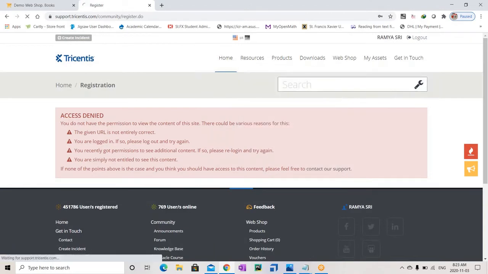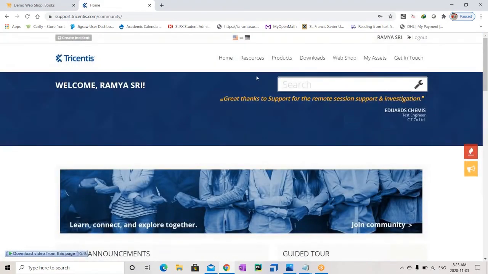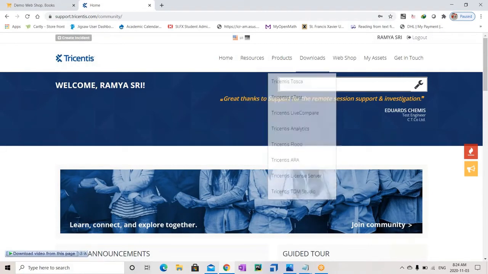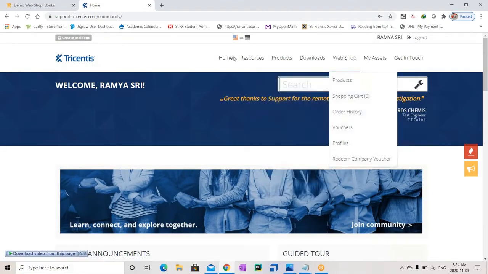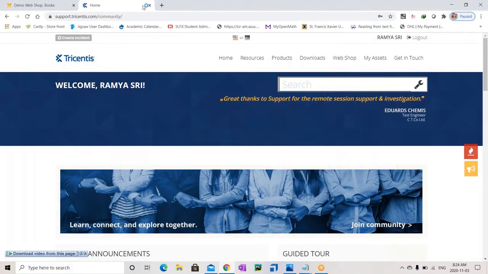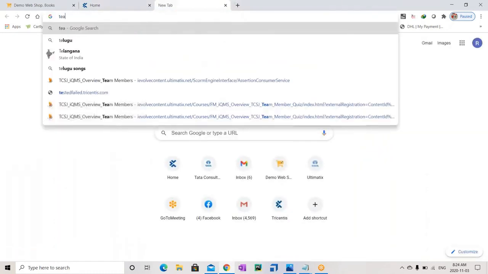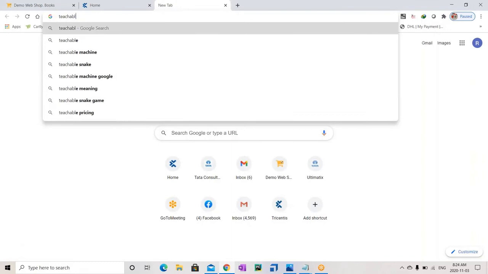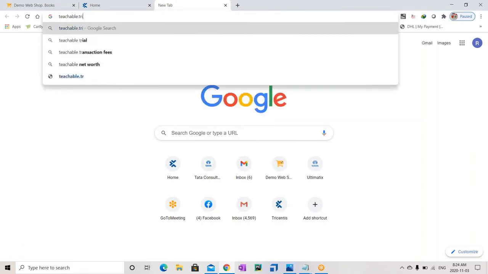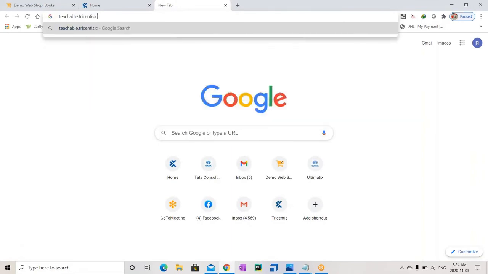I'm trying to open the registration page again after logging in. This is my account actually, and here you can see this is for the support. In the same way, there is one more, that is teachable.tricentis.com.